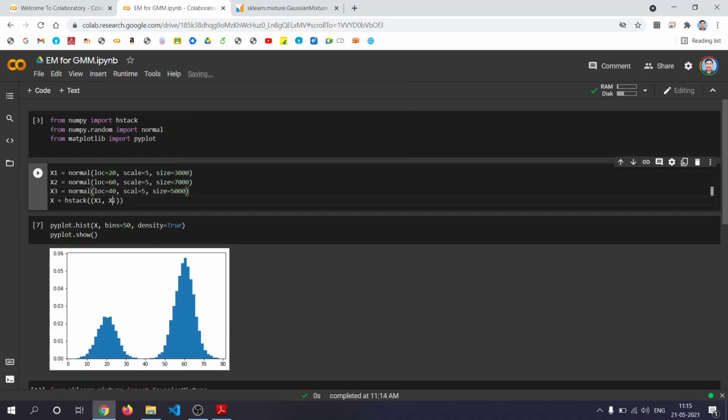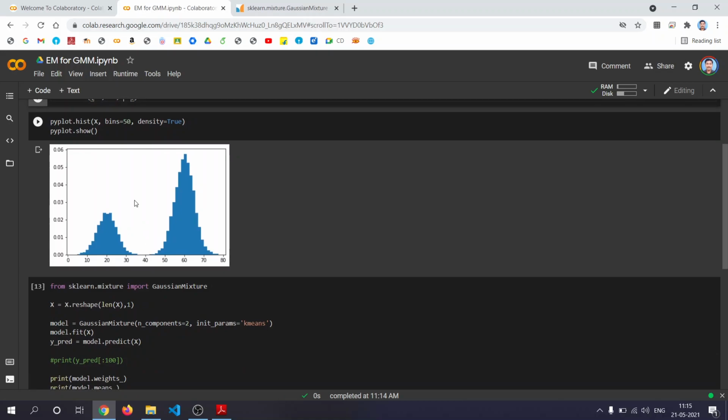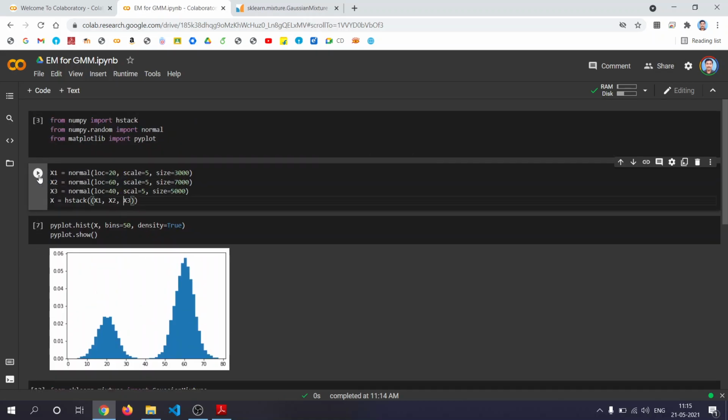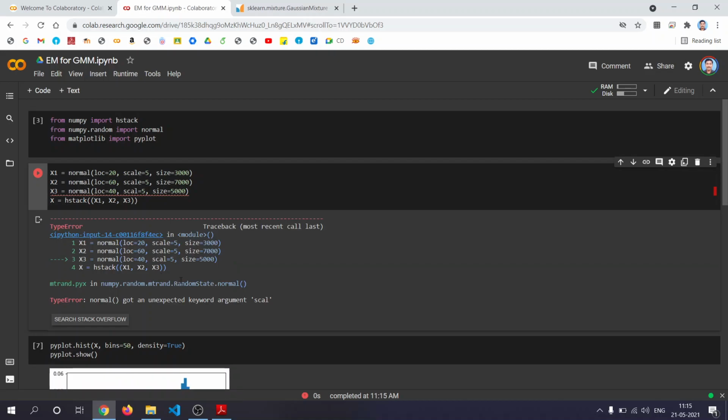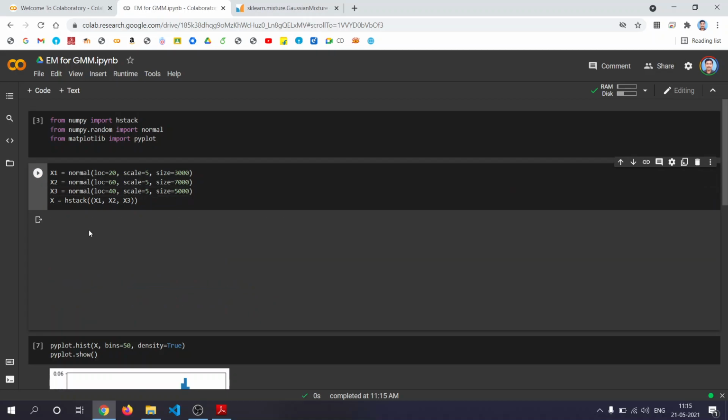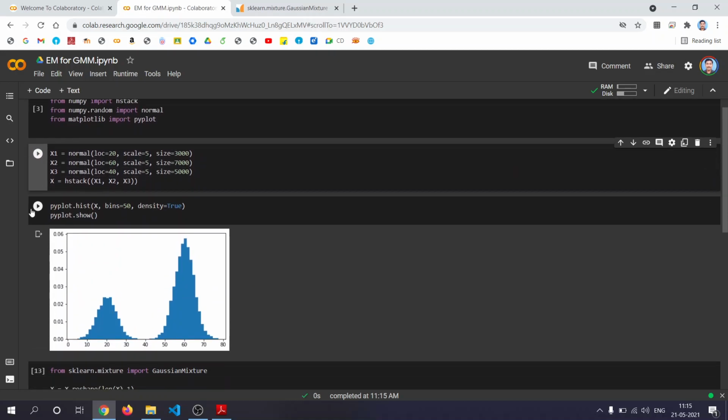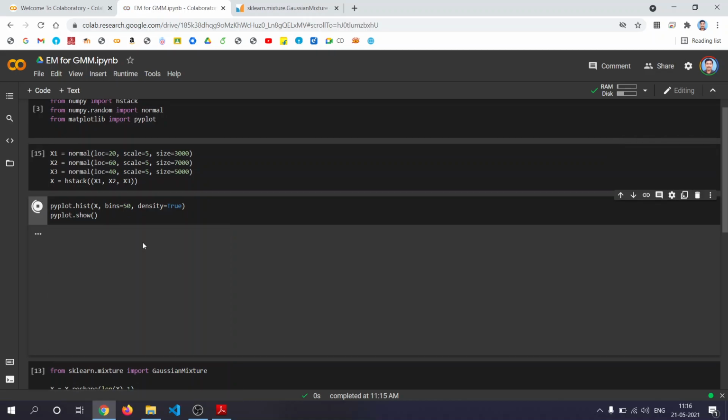Then we will horizontally stack x1, x2 and x3. You run this, then plot and see the data.